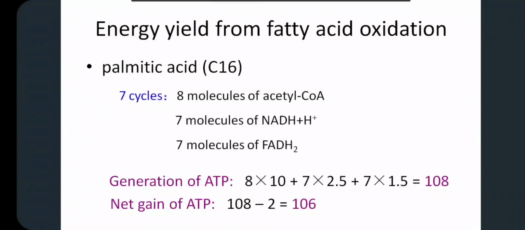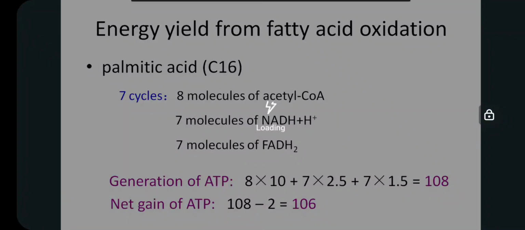Fatty acid oxidation mainly occurs in the mitochondria, leading to the generation of a large quantity of ATP by a process named beta oxidation. After beta oxidation, the acyl coenzyme A can be cleaved into acetyl coenzyme A. And the acetyl coenzyme A is oxidized in the citric acid cycle, and then generates